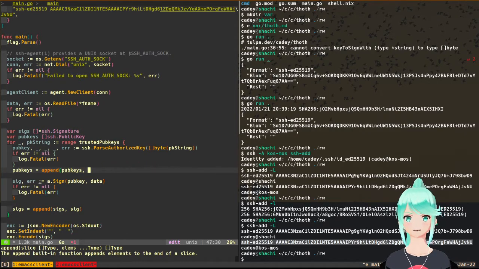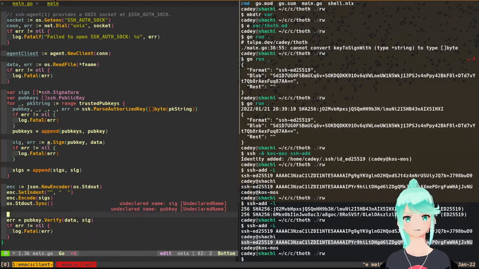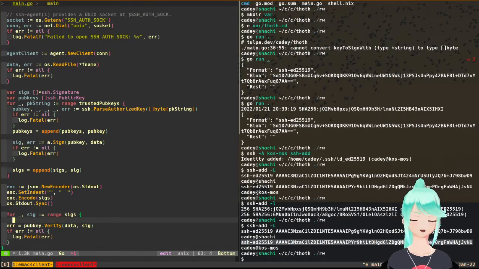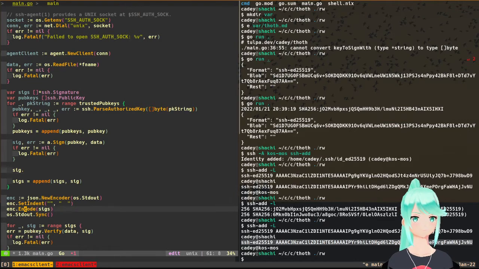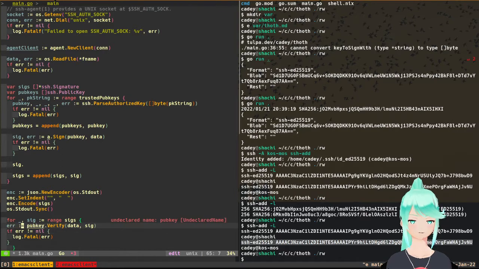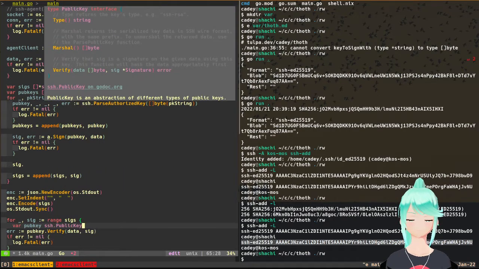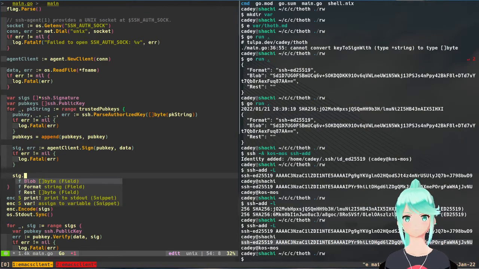Then we're going to want to put this public key into the list of public keys. This list of public keys is what we're going to use at the end to verify everything. So for underscore comma sig colon equals range sigs, for, right. That's not going to run, but let's just pretend that it is going for now. Sig dot